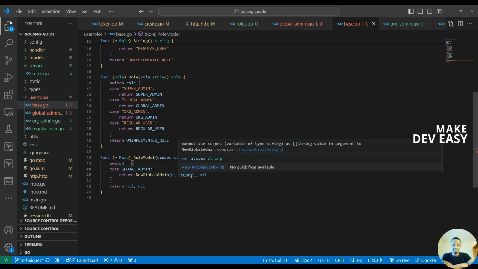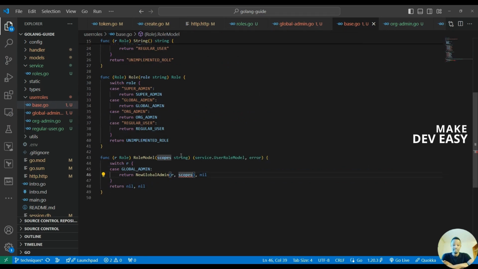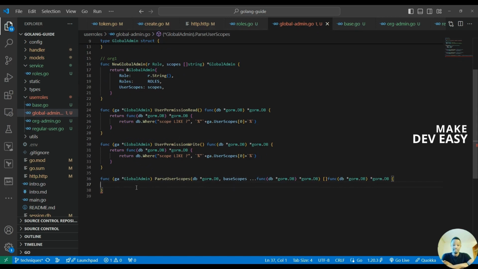And what else is the problem here? So scopes, now this should be an array of strings, so that should be fine. So this now, as you can see, we don't get any error anymore because this has implemented all the methods we expected to implement. But now we have to provide